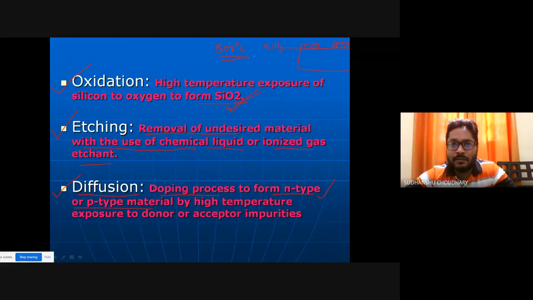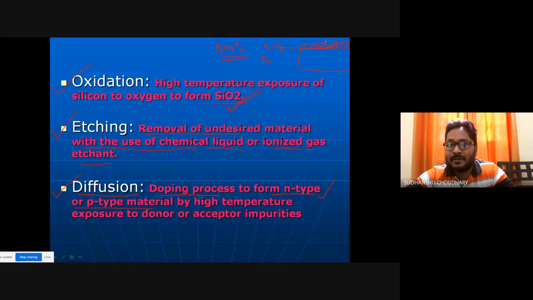In fact, the diffusivity has an exponential dependence on the temperature. So we want to keep the diffusivity low in the first step, so that the impurities deposit on the surface of this wafer, right?